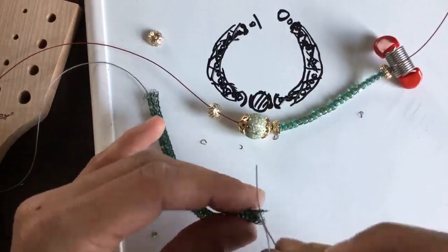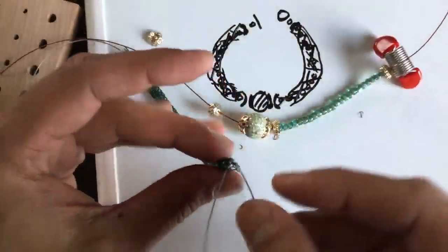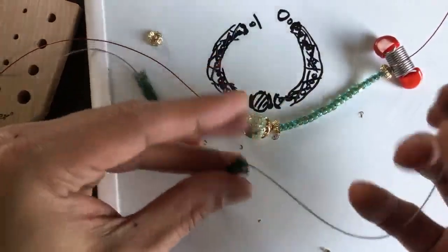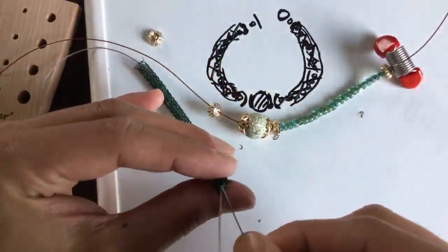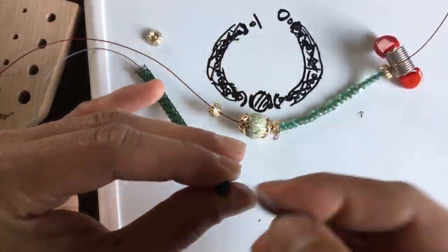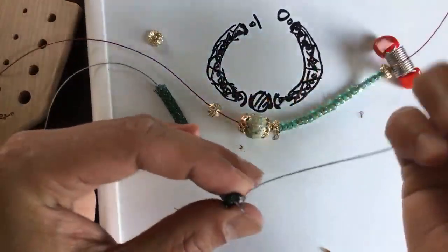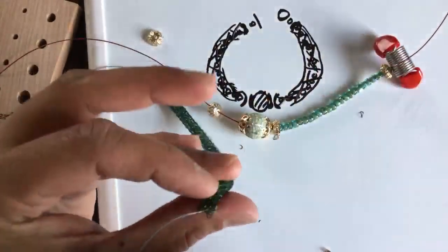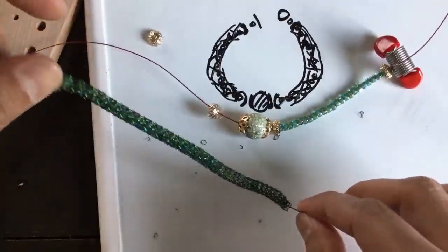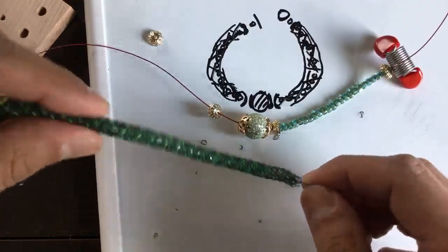So now I want to go ahead and finish out this one side. So I'm going to do what I did in my last demo, or a couple demos ago, and go through the end of the knitted wire, because this stuff doesn't fray and it doesn't do anything crazy. So I can really string it through each one of these knitted loops that I cut that still has a loop at the end, and it kind of just pinches shut. That way, whenever I tighten up my design,